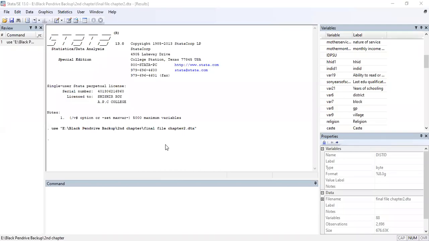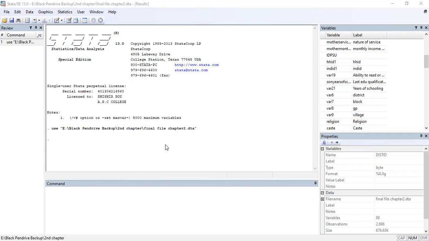Hi, today we will discuss the Probit regression model. To do the Probit regression model, we first have to choose the dependent variable, and the dependent variable will be a dummy variable. That is, if a person is literate, then it equals 1, otherwise 0. So the probability of literacy of a person, equal to 1 or 0, how is it influenced by the different factors such as